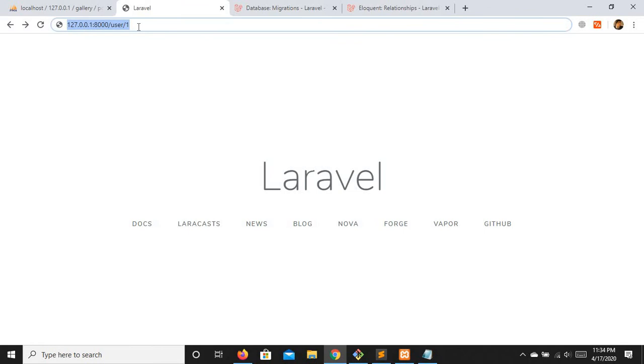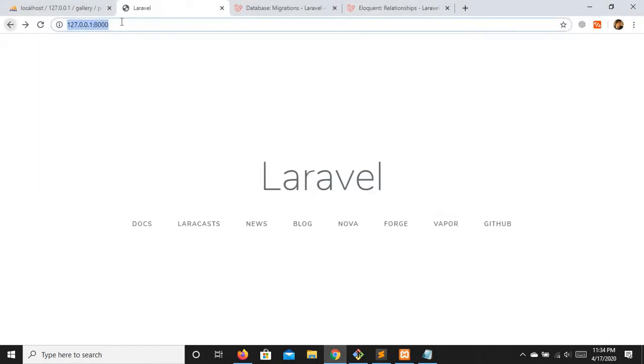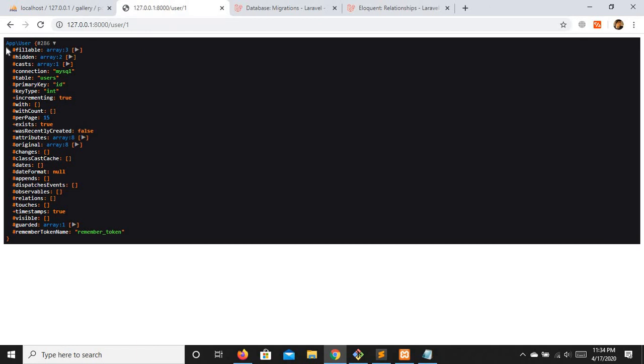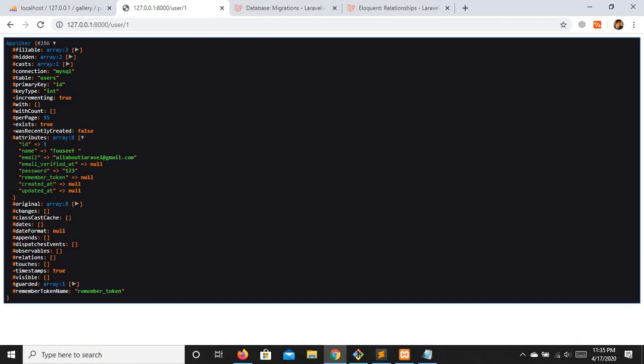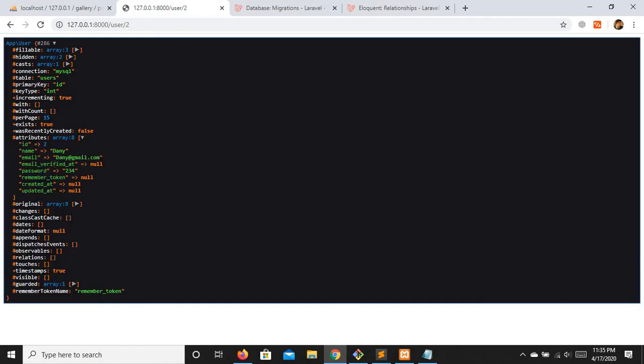Let's find our first user. I will hit the route and see we don't have anything right here. Let me check the route, user id. It is correct. All we need to do is refresh it a bit. /user/1. Okay, so we have our user right here. You can see it is fetching the record using the User model, and we have the first record, Tausif, my record, basically my email, etc. Now let's find the second user, and we have our second user.